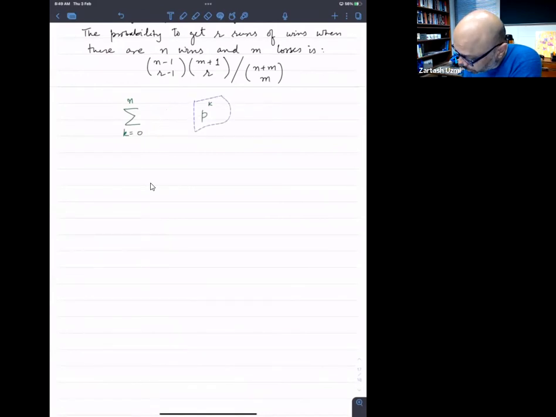However, if you have a term like this, it is a candidate to apply the binomial theorem. Why? Because